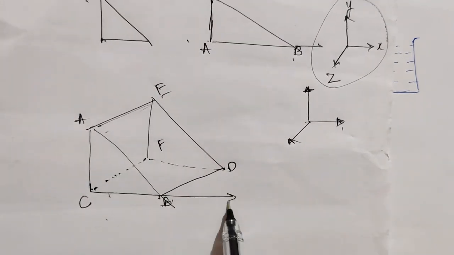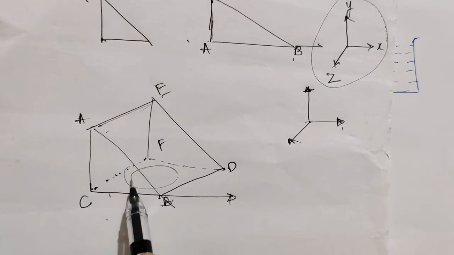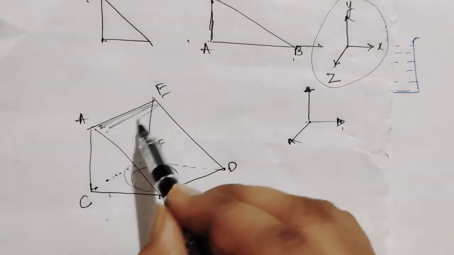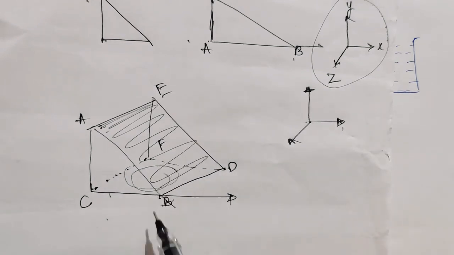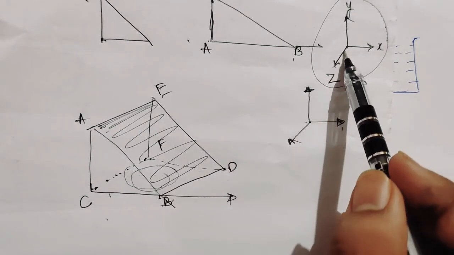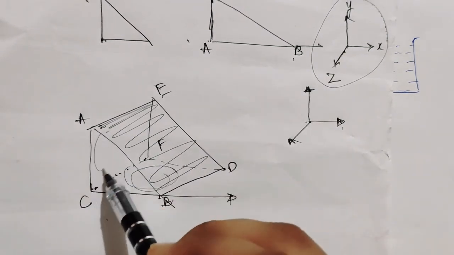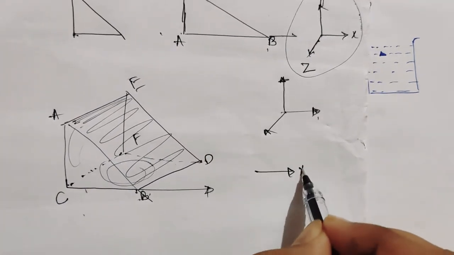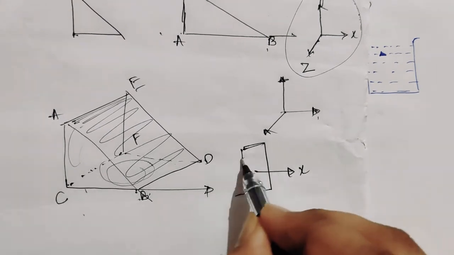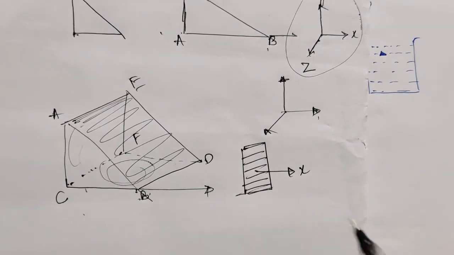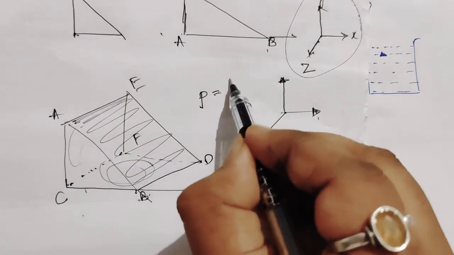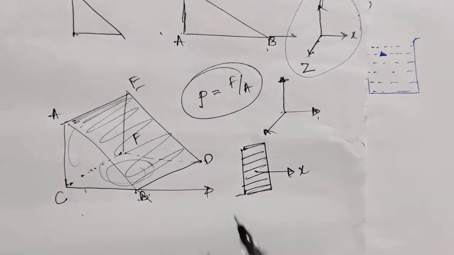In the direction of X, I'll get an area; in the direction of Y, I'll get an area like this; in the direction of Z, I will get an area. In any direction, I get a full area to calculate the properties. What I need to prove is that the force by area,